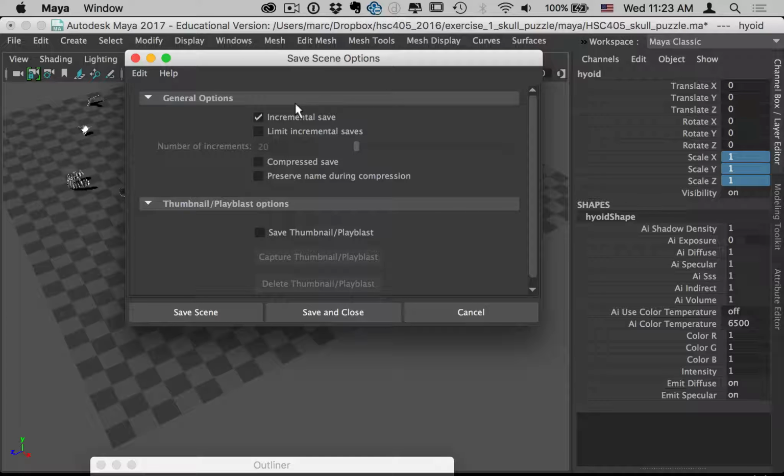When you're working on a paper or something and you're saving the file, you say the title, and then you do version 1, version 2, version 3, as you go along, or put dates on it or something. What Maya does is automate this process. So every time you save, it just saves the file you're working on, but then in a separate folder saves a backup of it. So if you save again, then you've got a newer version plus a copy of that, and you go on and on. You've got increments. So you want to make sure that's turned on, and just say Save Scene,